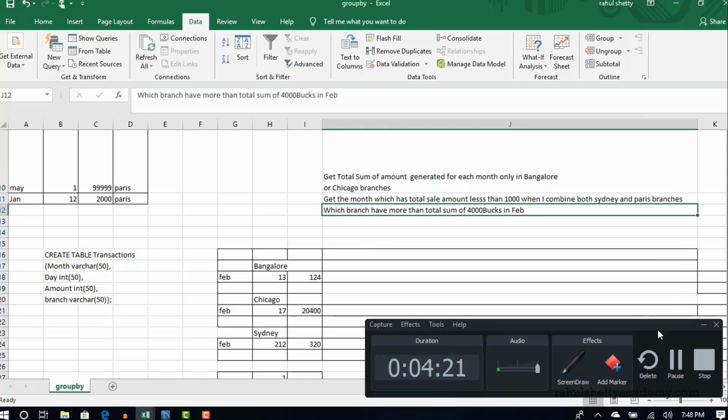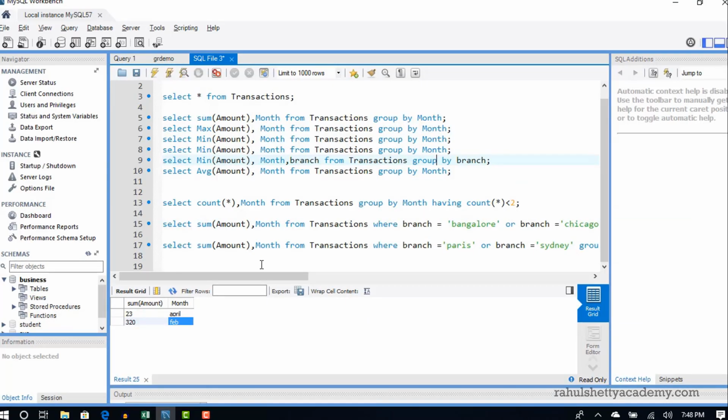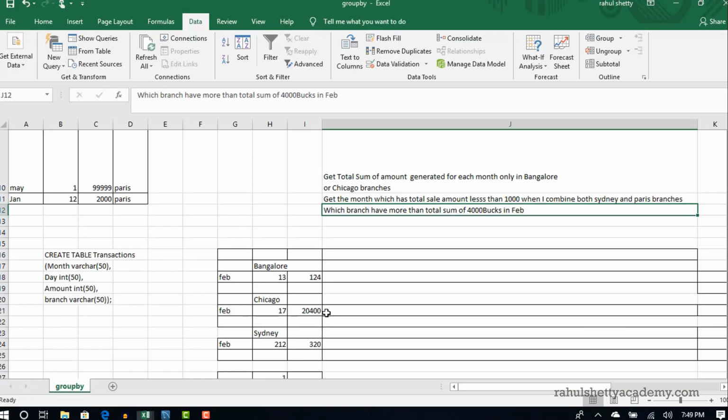Let's do that first here, before we write another step. Select sum of amount, and this time it is branch, because I have to see for which branch, right?